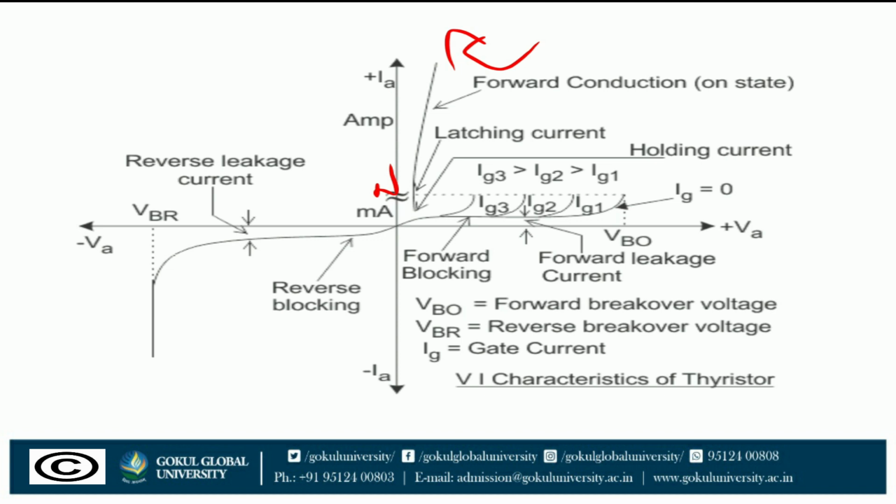It may also be seen from NK that the voltage drop across the SCR increases slightly with an increase in anode current. In conduction mode, anode current is limited by the load impedance alone as the voltage drop across the SCR is quite small. This small voltage drop VT across the device is due to the ohmic drop in the 4 layers. In forward conduction mode, the thyristor is treated as a closed switch.